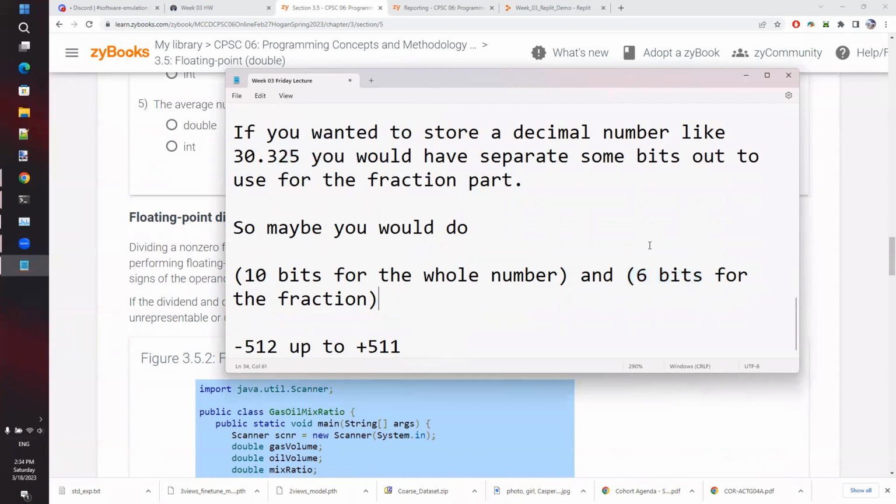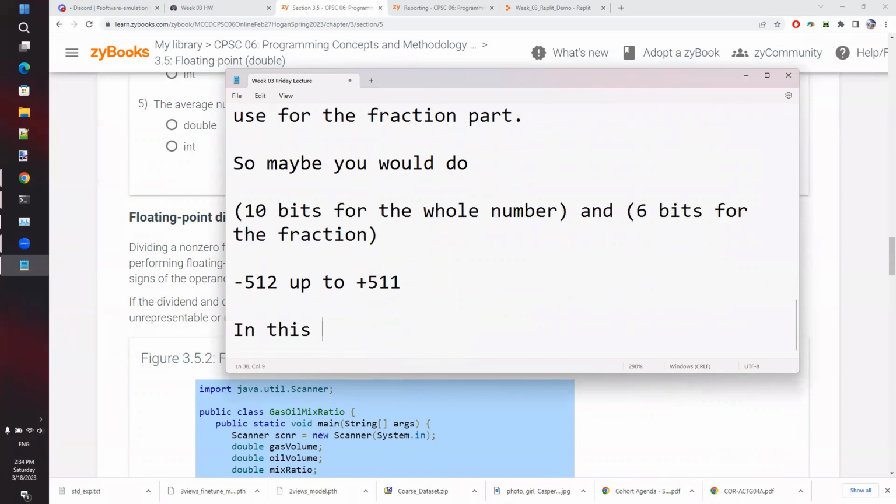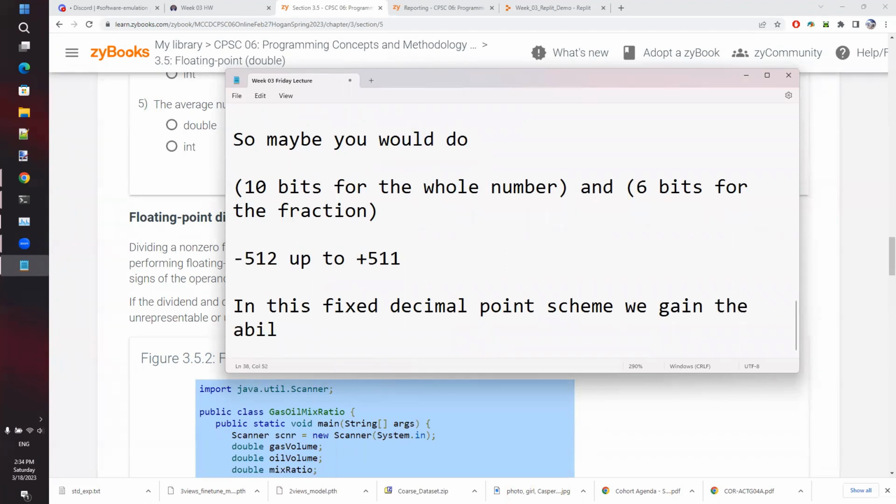But the point is that if you're saving bits off to use for the fraction part, then you lose bits for the rest of it, which means that your range goes down. And so in this fixed decimal point scheme, we gain the ability to do fractions,